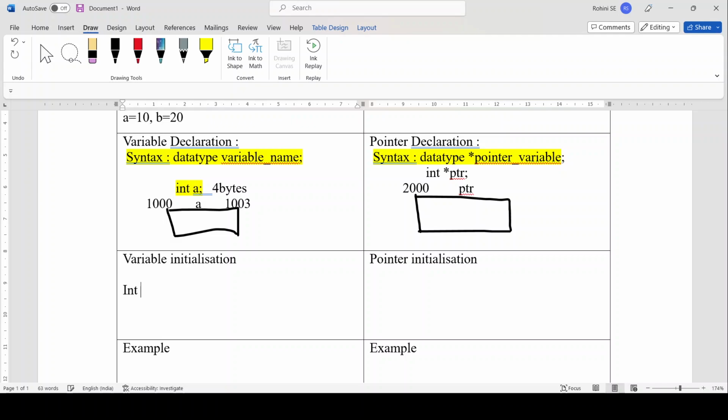I can write int A is equal to 10 semicolon, which means int A. After this particular line, memory space will be allocated. And if I haven't initialized anything, then the value inside A will be a garbage value. Understood? But this is how you initialize a normal variable, which means now A will have,